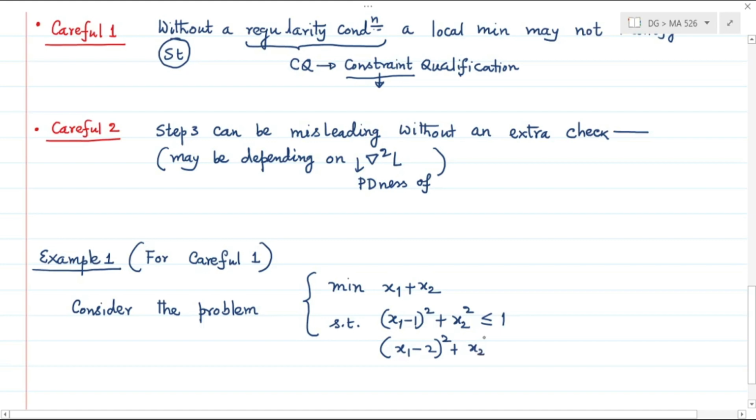Well, I'm mentioning here this Lagrange's multiplier for equality constraints,